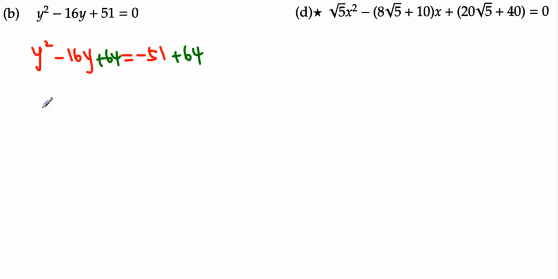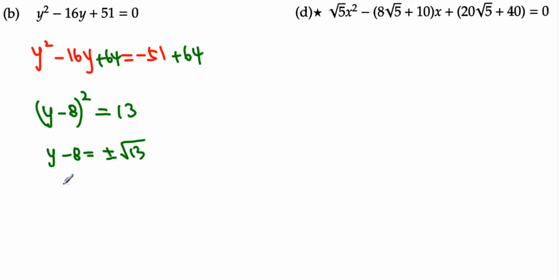Then on my left side, we get y minus 8 squared must be equal to 13. So then y minus 8 must be equal to plus or minus square root of 13. And then y must be equal to 8 plus or minus square root of 13 as well. Alright, now,